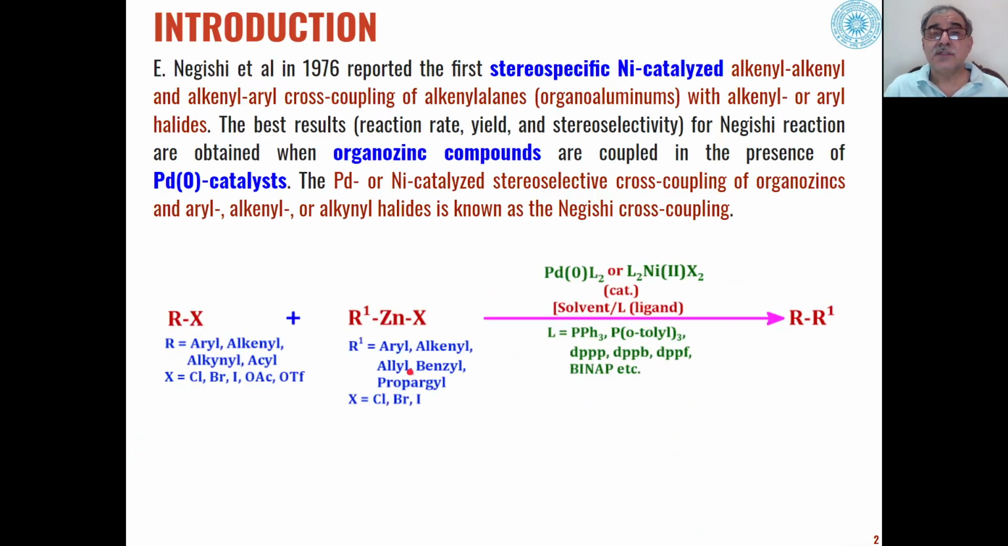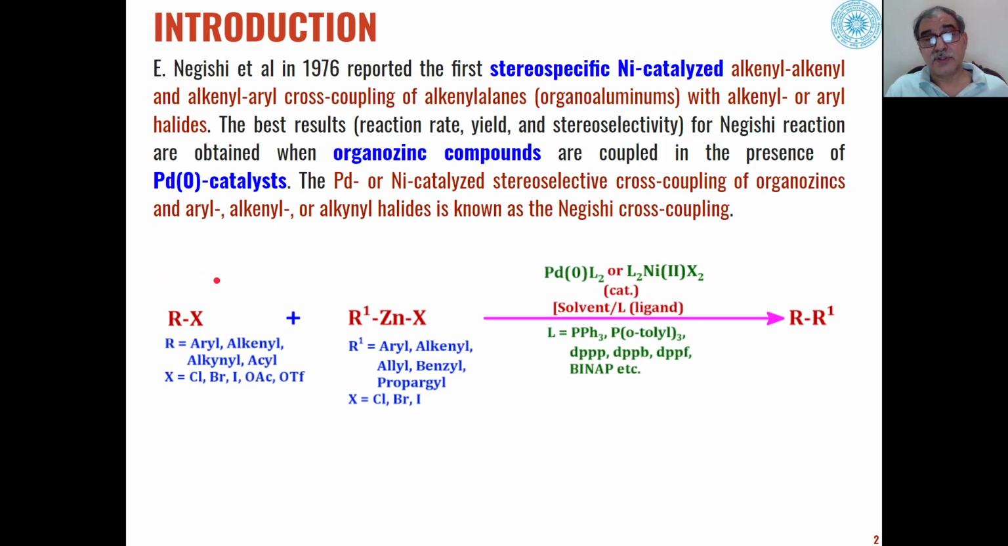Basically, the Negishi reaction was studied by E. Negishi in 1976, and what he did is he studied the reactions of aryl halides, alkenyl halides, alkynyl halides, or acyl halides with organozinc compounds in presence of either palladium ligands or nickel ligands to give us products with the formation of new carbon-carbon bonds. So that is why this reaction is very important, because here in addition to palladium catalyst we can use nickel catalyst also, and this palladium or nickel catalyzed stereoselective cross coupling of organozinc compounds with different